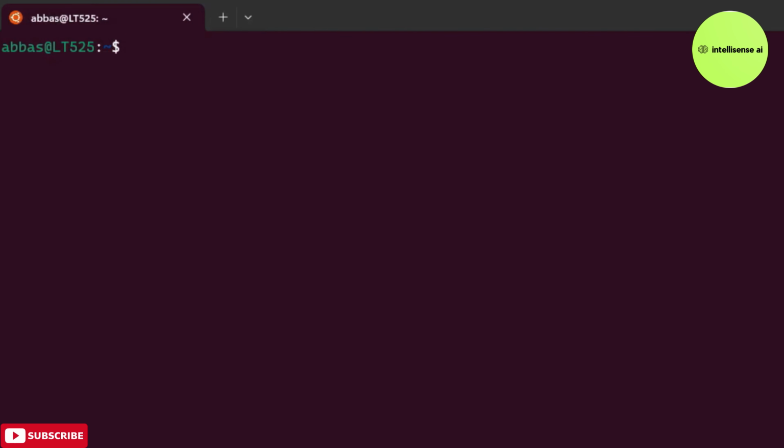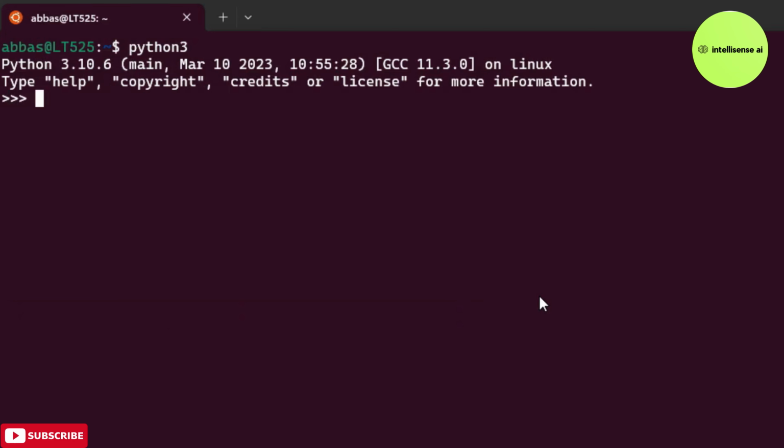The final complex program is utilizing a dictionary comprehension and conditional statements to filter even numbers in a dictionary. So simply, I'm opening Python. In that I have a dictionary: A equal to 10, B equal to 50, C 8, D 3, and E 6. In that I want to filter out the even number objects. Normally we would need to write a for loop and an if statement, right? But we don't need that, so we can just simply create